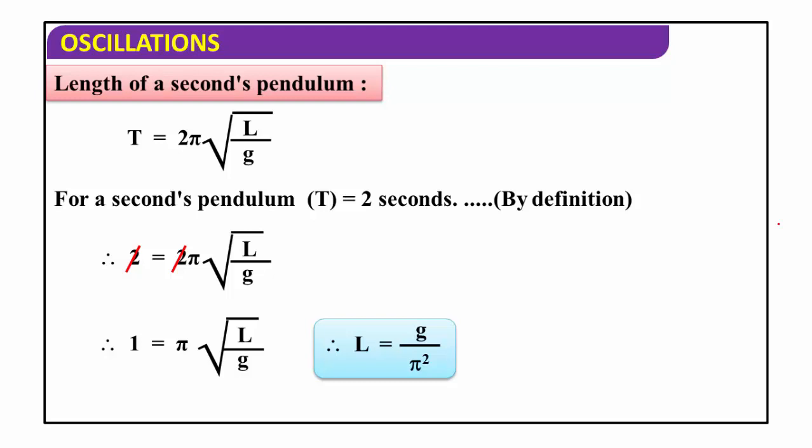You must have done that in the experiment. How do you define the seconds pendulum? A simple pendulum with a time period of 2 seconds is called a seconds pendulum. The time period of the simple pendulum is 2 seconds, and it depends on its acceleration due to gravity and the length of that thread, and it is independent of its mass and independent of its amplitude. That is also called isochronism.